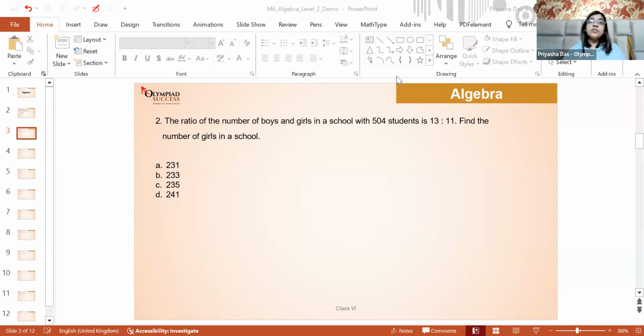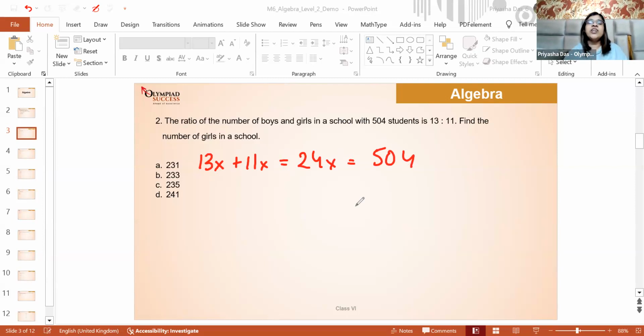So there are two ways in which you can do the question. Way number one is our school favorite method. What is the school favorite method? It's actually one method which will help you no matter whatever shortcuts you forget. So the school method is that one such regular method. So if you start with the value of x, you can say that 13x, let us assume that there were 13x boys and there were 11x girls. So if I add them up, I get some 24x, which will be equals to the total number of students,